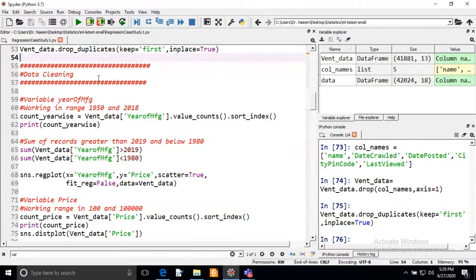Now we will move to the data cleaning part of this analysis. We have to understand data pre-processing and data cleaning. Data pre-processing means we handle the missing values and other information, like null values or duplicate values. So this is the part of the pre-processing. And if you want to clean the data, it means